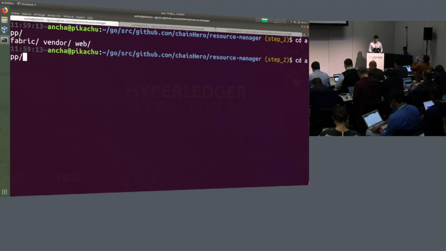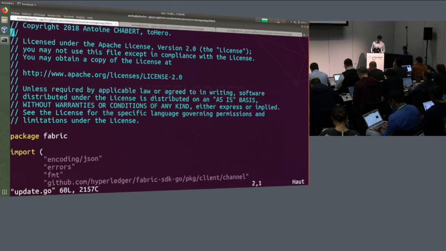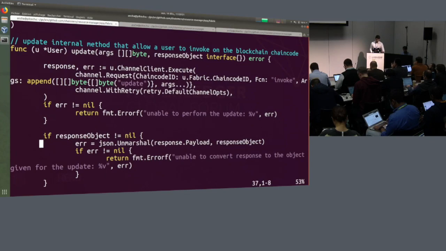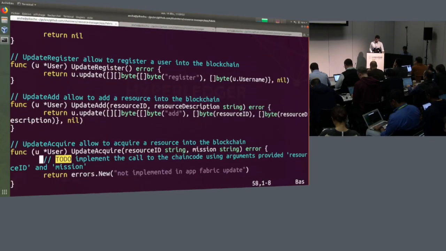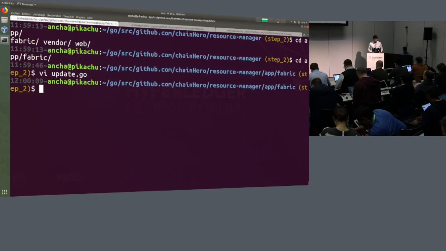In the application, in the fabric update file, if you look inside, there is also a to-do that tells you need to implement the update acquire a resource. So use what we saw before, and